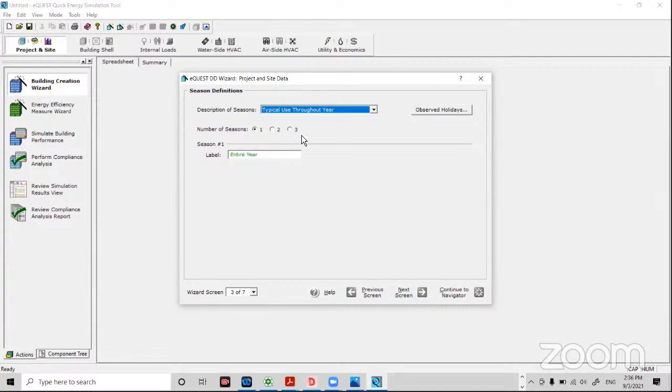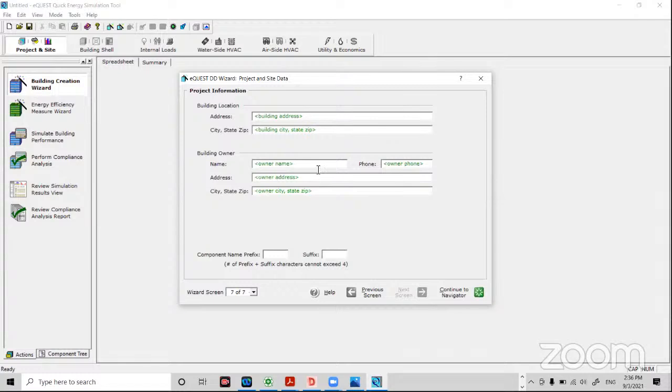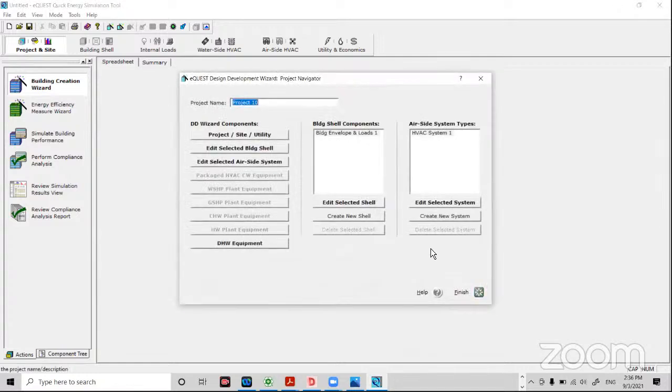Maximum 3 seasons you can select, so we are selecting 1. Then the non-technical information about the project, and then click continue to navigator. Now when you continue to navigator, I got a message that you do not have the CAD file. I think we have already shared the CAD file with you, but in case you don't have it, then